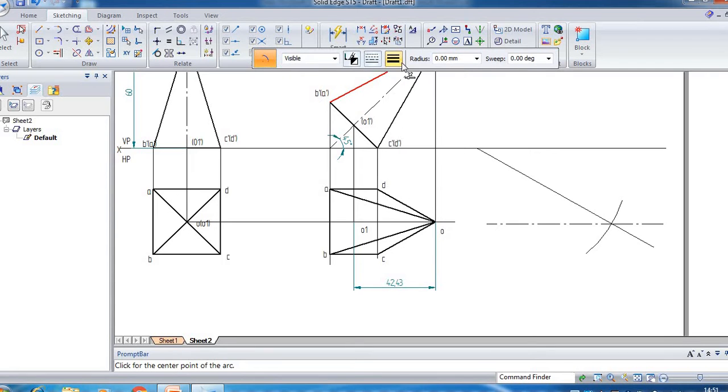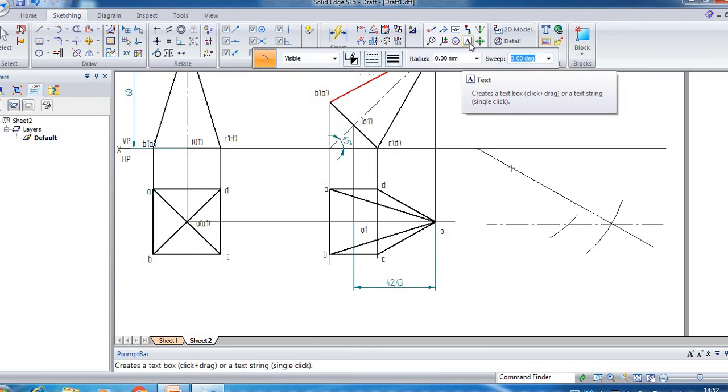Line thickness would be 0.05. This time the radius should be 42.43. So first take the center point of the previously drawn arc as the center point, then the radius as 42.43. To enter that value, press tab on the keyboard, then draw an arc to cut that locus line.